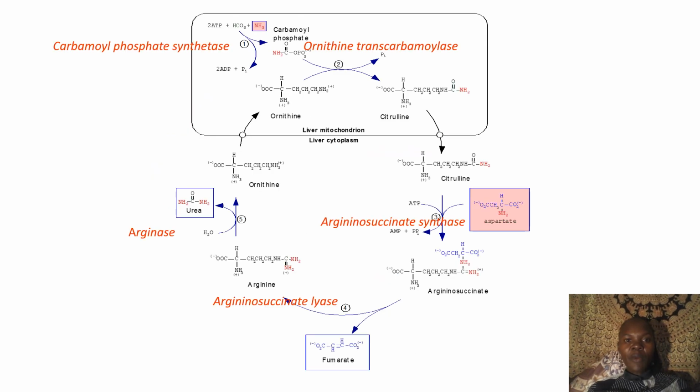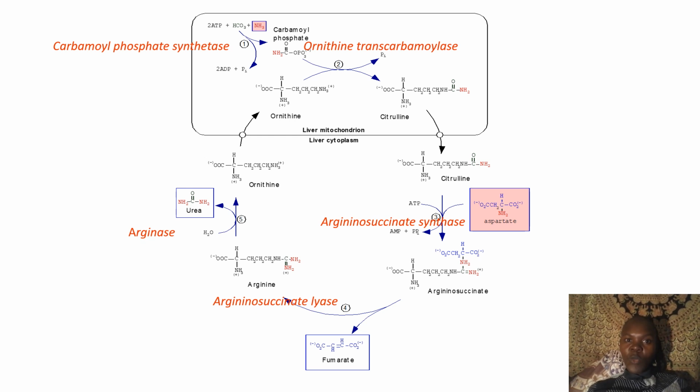If you talk about the urea cycle, you can see it has 5 steps, 5 steps only. But at the first point you can see the ammonia is highlighted in red or pink. It has to combine with carbonic acid, and there has to be a source of energy in the form of ATP. The enzyme which catalyzes the formation of carbamoyl phosphate is known as carbamoyl phosphate synthetase. So there will be a release of 2 diphosphates and a phosphate. Then the second step,